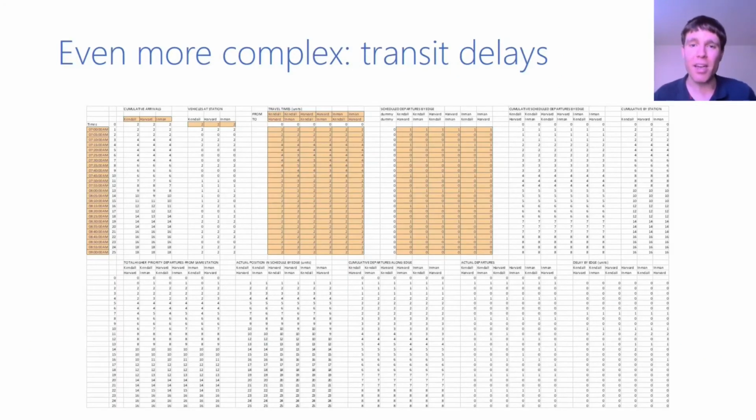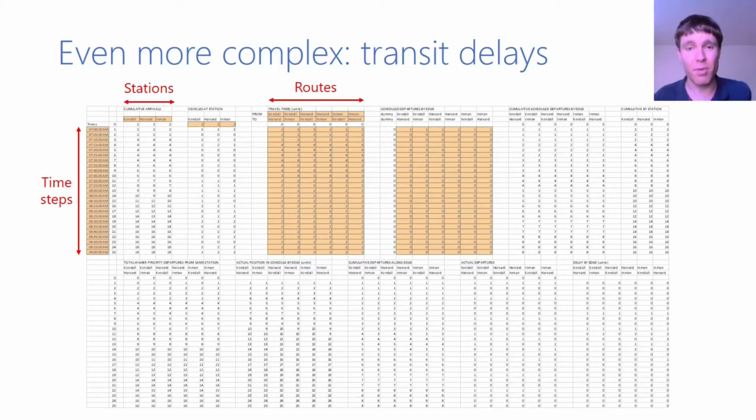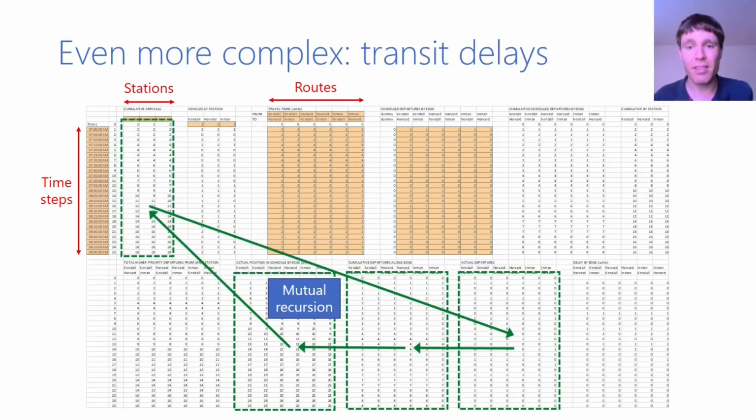If that isn't bad enough, here's another SDF with a naive model of cascading delays in a bus transit system. The idea is that a departure from a station will be delayed if the bus that was supposed to make the trip hasn't arrived yet. We want this SDF to resize in three different ways: the number of time steps in the simulation in the vertical direction, and the numbers of stations and routes, both in the horizontal direction. There's mutual recursion among four of the arrays. While we think this is possible to write using array programming, it's going to be such a mess that I won't even try.